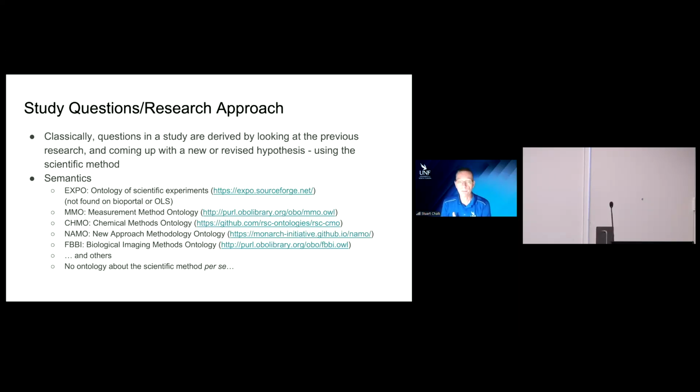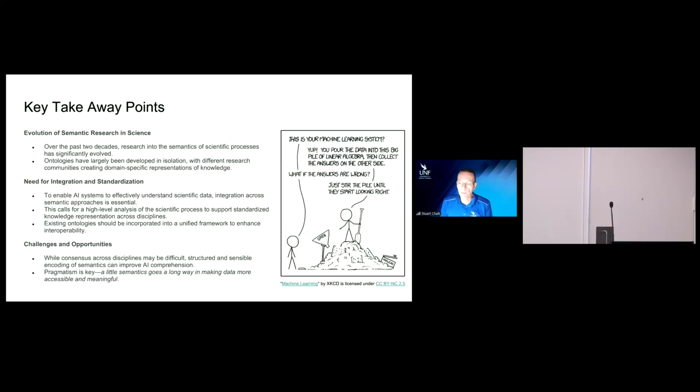So key takeaway points here are there's a lot of stuff we have developed, mostly in isolation, from a semantic representation of scientific data and the scientific process, but there's still a lot we have to do. There's a need for integration and standardization. As I mentioned in one of the first slides,